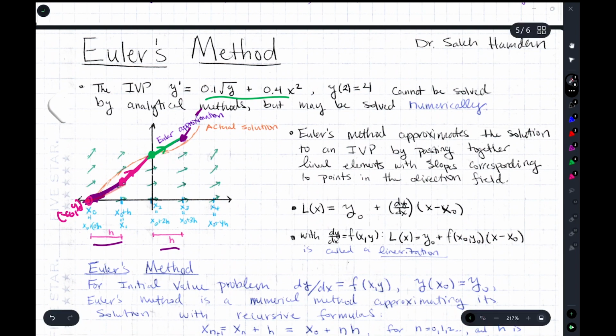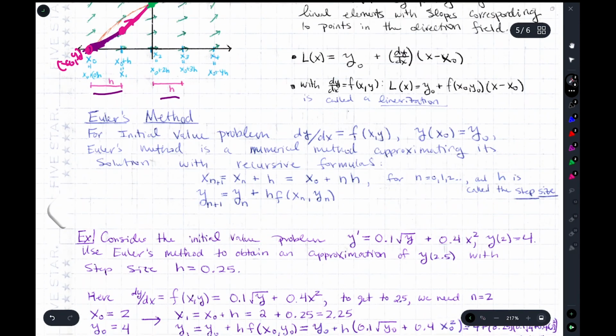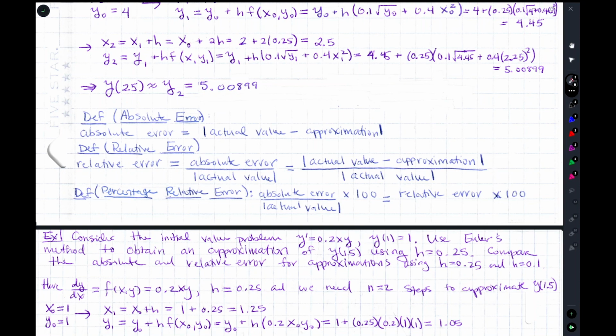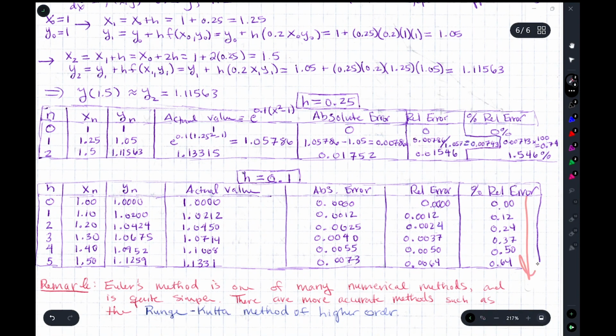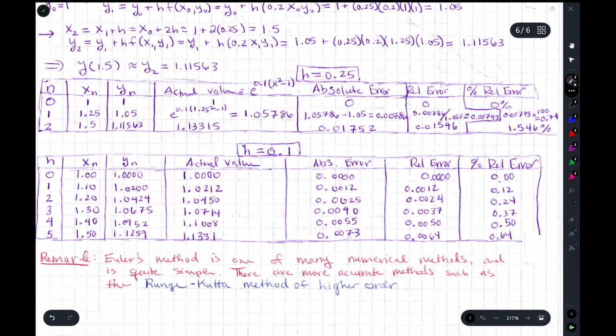We start here, and we're already far from the solution curve. This is the solution curve, for example. Already far from the solution curve, and then we keep going. Sometimes you'll accidentally come back close to the solution curve, but I wouldn't count on that. In general, the trend is you'll keep getting farther and farther from the solution curve. Even though for solutions that change a lot and go up and down, that might not be the case, you can generally expect your error keeps getting greater the farther steps you go